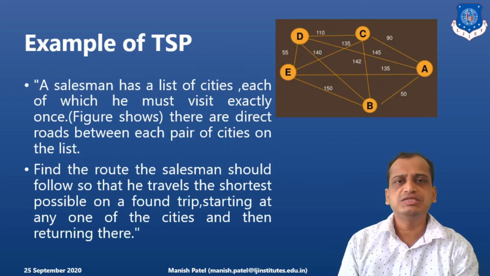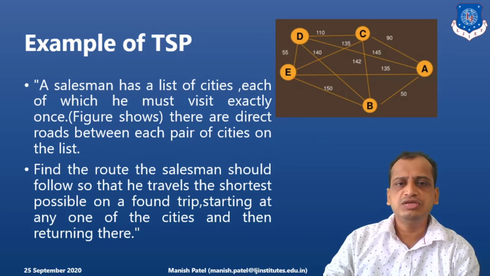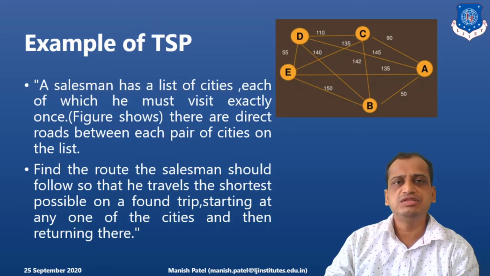Here again an example is given. If the salesman is starting at A, and he visits all the cities and comes back to A, the costs are given. The purpose is to find out the minimum traveling cost, and he or she can visit each city only once. These are the criteria. So how do we solve this problem?